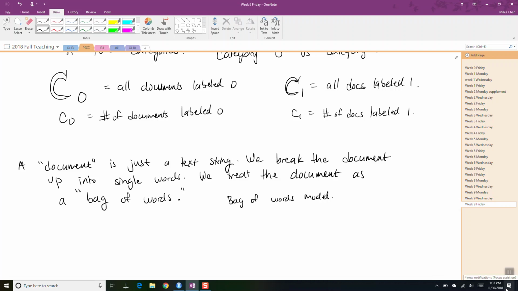So here, it's just what words appear in the document that's important, not necessarily the order of the words, okay? Which means you're losing some information, because if you're in a conversation and somebody says, I think that's a good idea. Yeah, right. We understand that when you say yeah, right, that means I disagree. Okay, but in the bag of words model, it's just going to see the word yeah. It's going to see the word right, and you lose that this is actually somebody saying something negative about the idea. Okay, so some stuff is lost, but